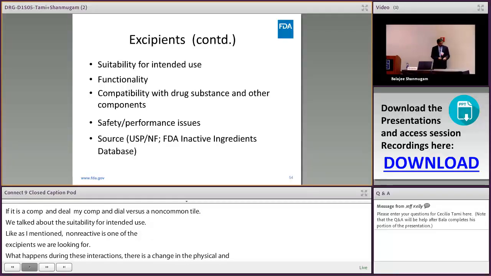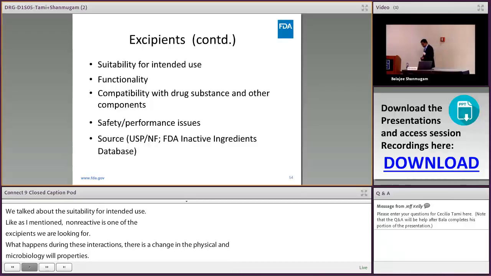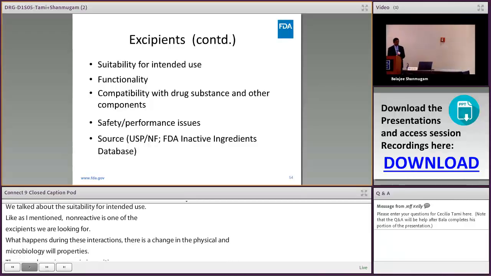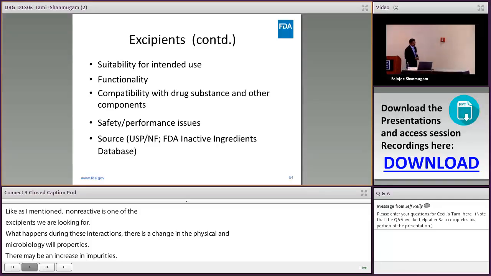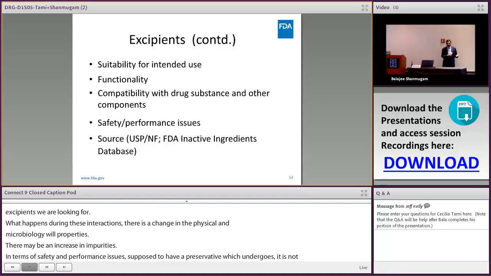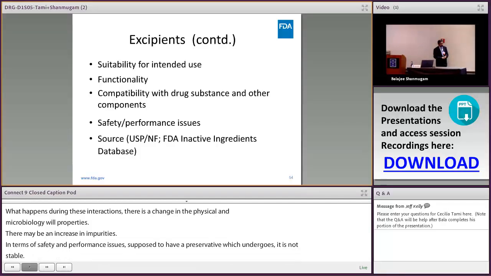Now, in terms of safety and performance issues, suppose you have a preservative which is not stable and undergoes degradation over the period it is stored. It clearly is an attribute that you don't want to have. It's going to have an undesirable effect on the quality of your product. And in terms of safety,